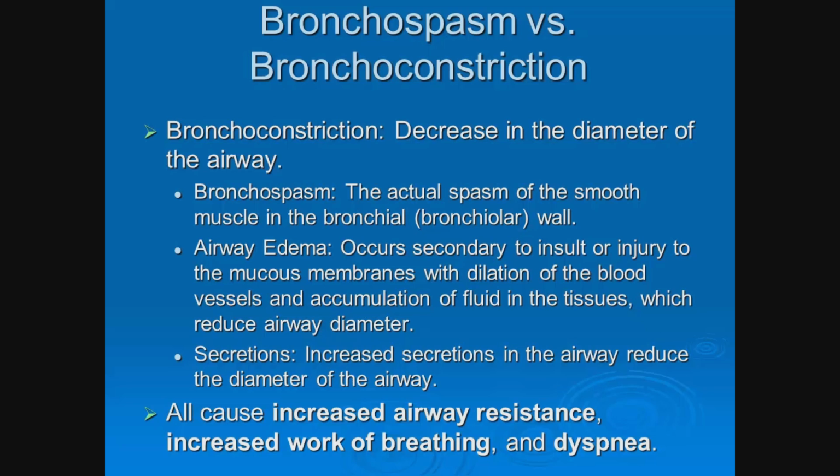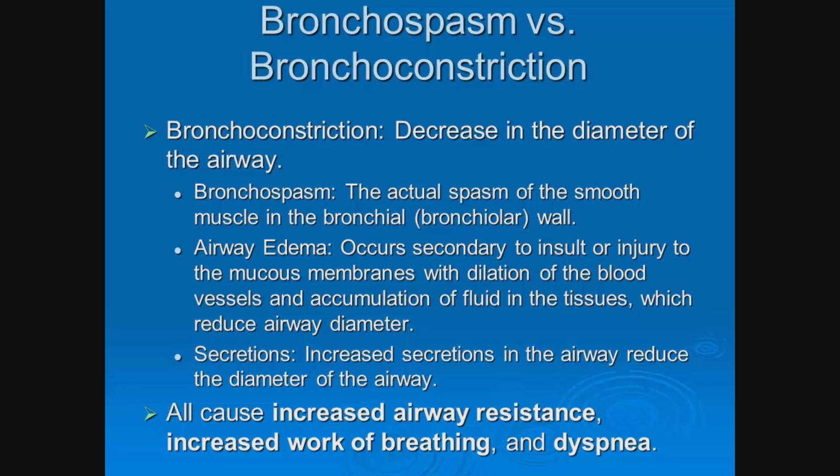The third reason is that the caliber of the airway narrows because of the accumulation of excessive amounts of secretions. When you go through asthma, the pathophysiology, it's all three of those together. There's a bronchospasm that happens, the smooth muscle becomes stimulated, the airway edema occurs, and secretions, your bronchial glands and your goblet cells, increase their mucus production. All of them lead to an increase in airway resistance, increased work of breathing, and the sensation of dyspnea expressed